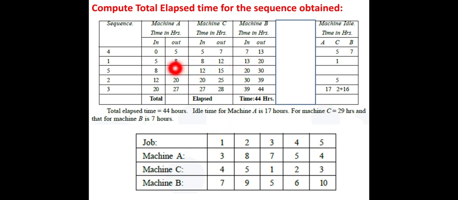So if you see here, job 4 is completed at the 7th hour. So up to 1 hour machine C is idle, that's why I have taken here 1 hour idle time. Since it is completed at 12 hours, it will enter at the 13th hour. So here the job will wait, the machine will not wait. The job will be waiting for 1 hour, but the machine will not wait because the machine is busy processing job 4 itself.